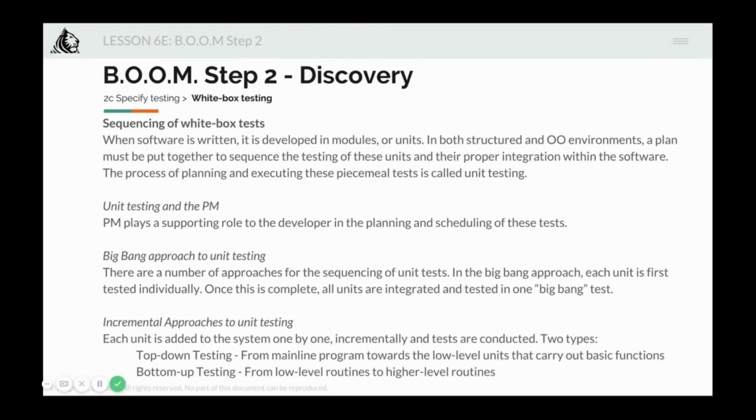So in an object oriented environment, how do you test? How do you do incremental testing? Let's understand first that the units in an object oriented environment are not organized top